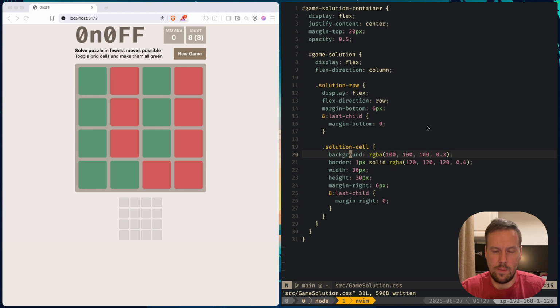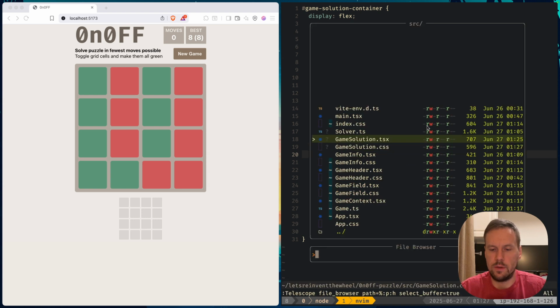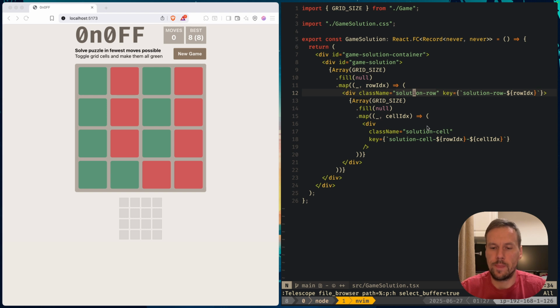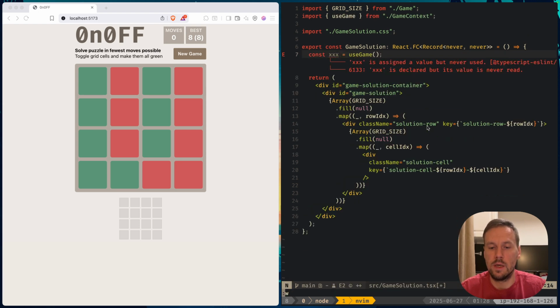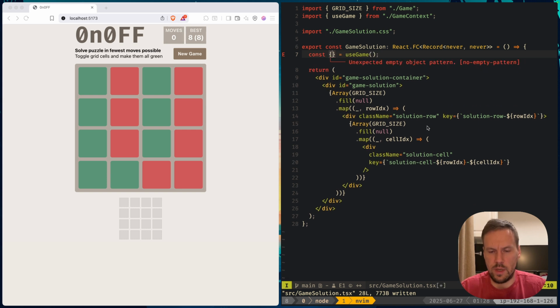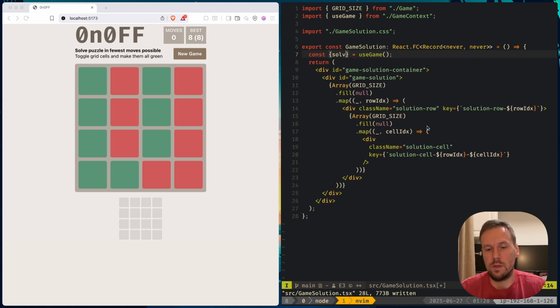And now we need to go back to our component, and we need to somehow mark the cell that is next in line in our solver moves list. So first of all, we need to use our useGame hook, right? So let's break it down. We need a solver,